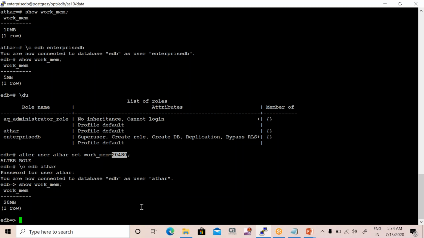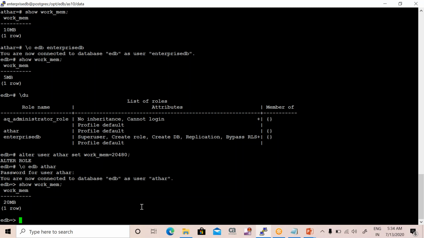Now again you have a new picture: it doesn't matter, your parameters set at cluster level can be overridden from database level, and even that can be overridden from user level. So a user can override a database level parameter if we assign a value to the user, and a database will override the value of cluster level. It is possible in Postgres. So we saw that we set the parameter value at cluster level, at database level,